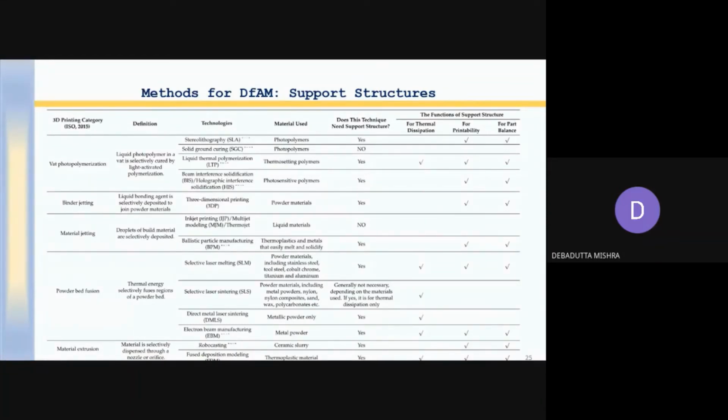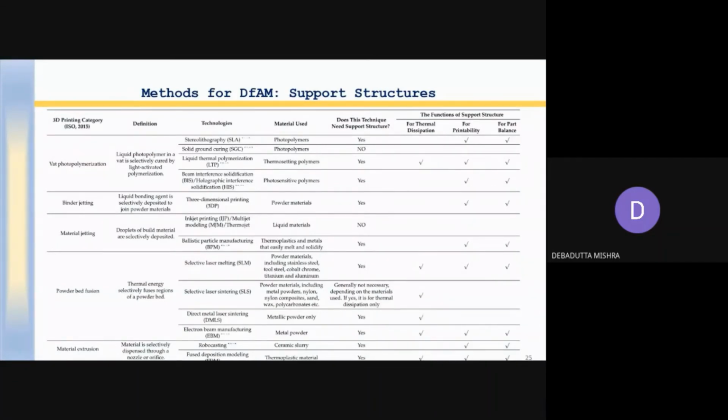Now, in the second method, you can see solid ground curing, SGC. Again, we use the photopolymer. We do not require support, because, as I told, this depends upon the process or upon the material.